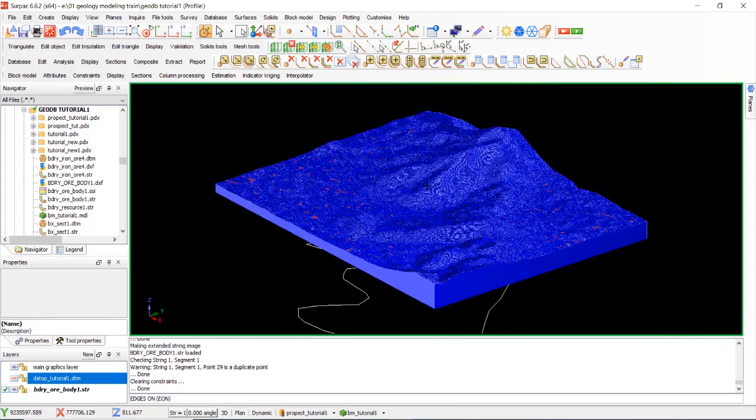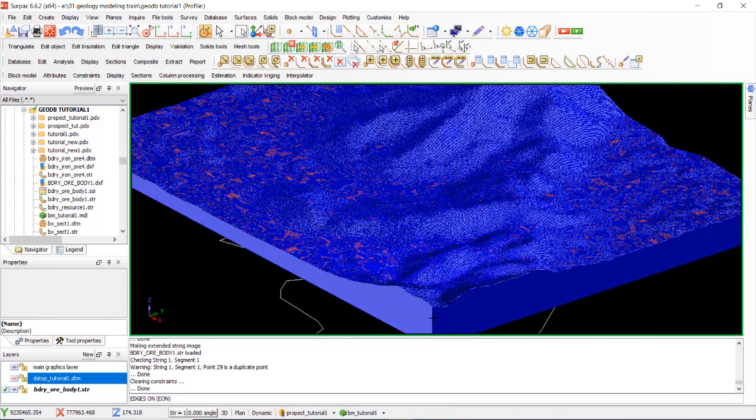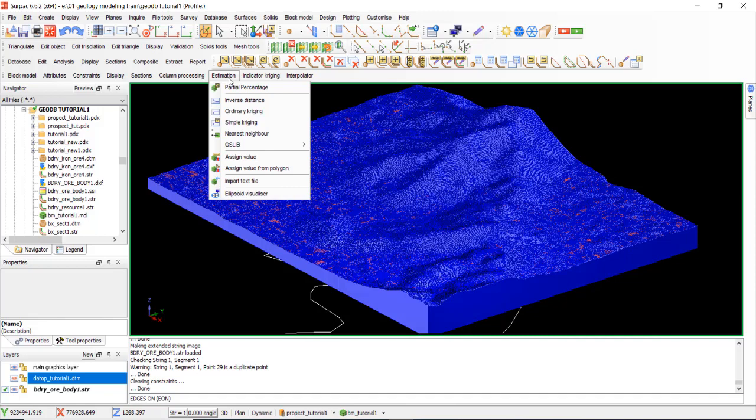Okay, we start to estimate this block model by assign value. Simple input data using assign value. There are many methods, such as inverse distance, ordinary kriging, which is complicated, simple kriging, nearest neighbor.